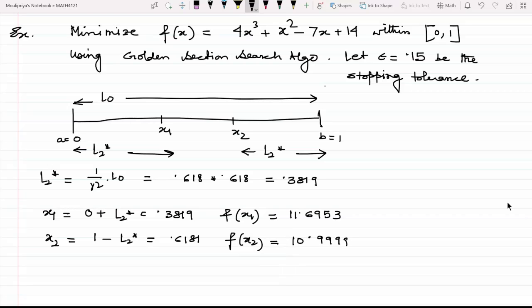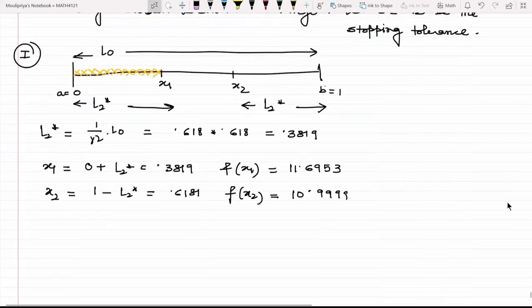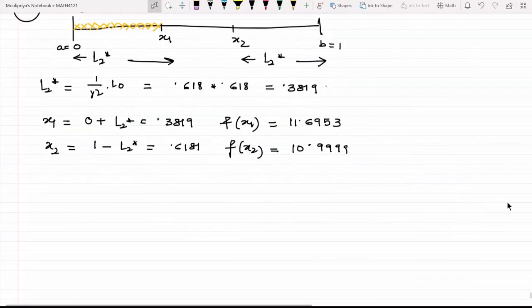So f of x1 being more than f of x2, which region are we going to eliminate? We would be eliminating this portion. This needs to be eliminated. So if this is the first iteration, your second iteration would definitely be